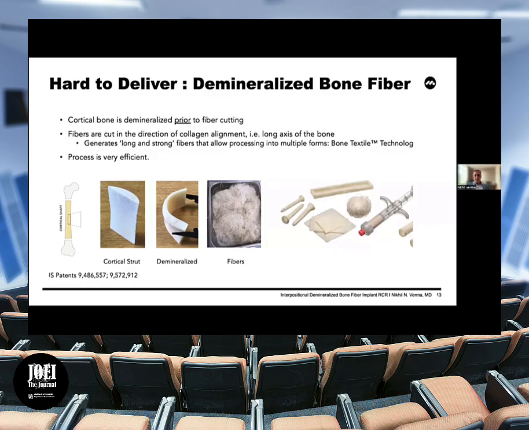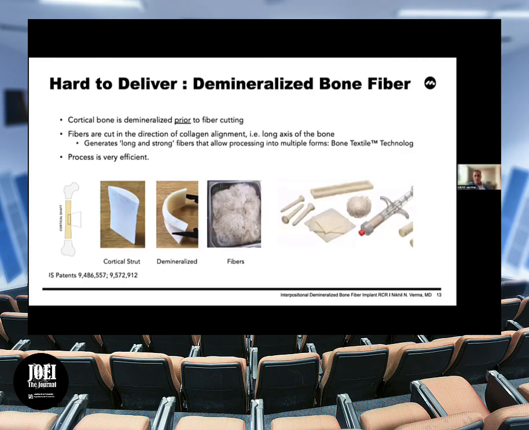What that does is it allows you to get a 3D architecture. Depending on how you prepare those fibrils, you can get them to be stiffer, more malleable, less malleable, and you can make them into shapes. The way this product evolved was in the spine, where they created dowels that would go into a pre-prepared pedicle hole. You would then put a screw down the hole, and that would do two things. It would improve the screw fixation, almost the same way that you put a dowel into your drywall and then put a screw in. Your fixation gets better, but it also gives you some value of bone at the bone